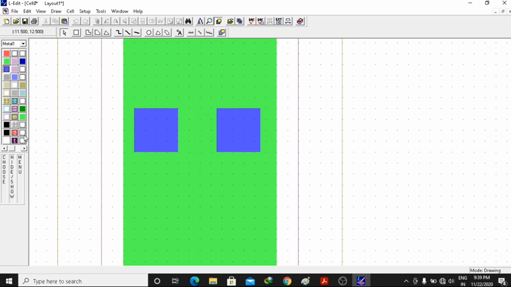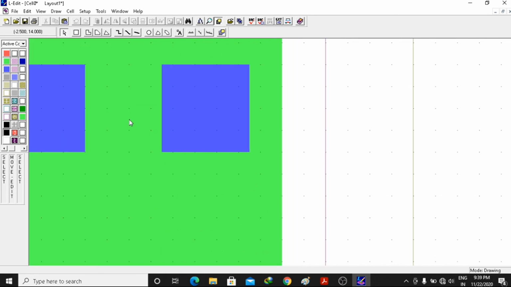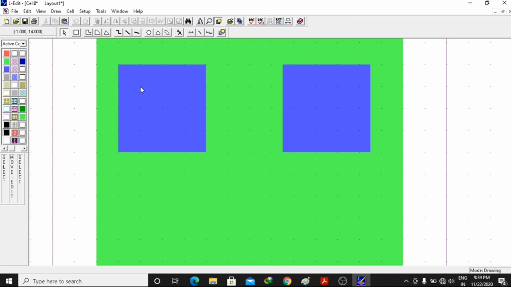Finally the last step is to place the contact. This is the poly contact or active contact. So this is the active contact we have to make. Active contact means the dimension should be 2 lambda by 2 lambda. For that I will again select this square button and draw it over here. As you can see, I've drawn this, and width and height are 1.5 by 1.5.